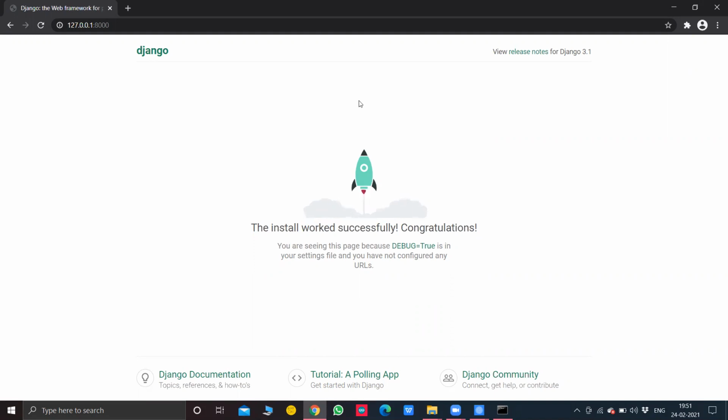Django documentation is not like the usual documentation of any other framework or language, which has only theory. The documentation is the best way to learn Django because it teaches you by creating something, direct hands-on stuff. It will teach you how to make a polling app. Polling means a voting application, and it is the best way to learn Django.